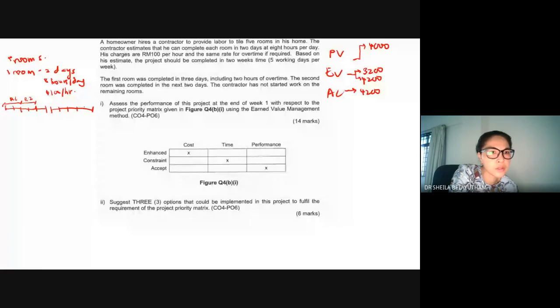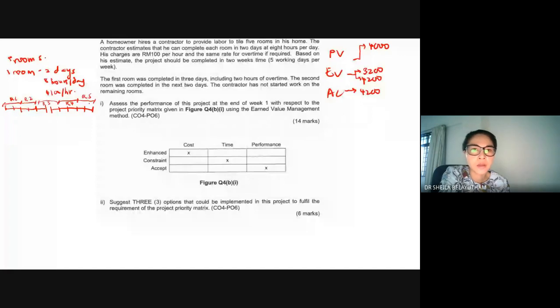So here will be room 3, room 4, and room 5. So the project should be completed. One room will take 2 days. So practically, if you work accordingly, you would be able to complete all 5 rooms in 2 weeks,